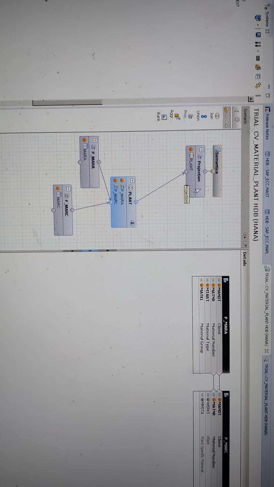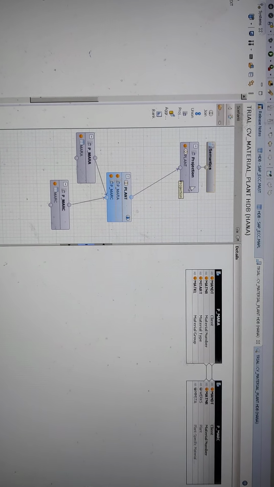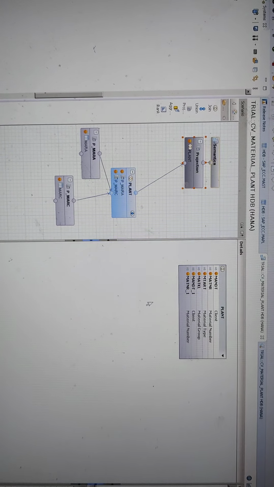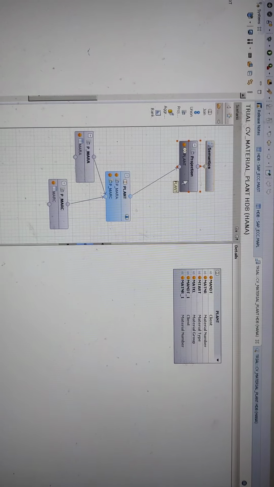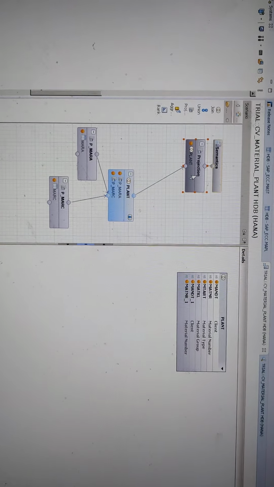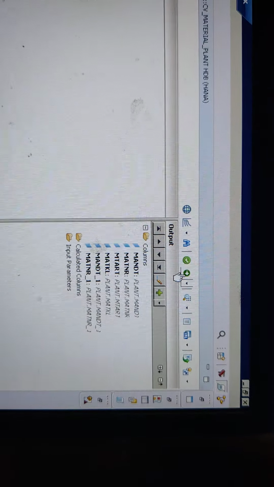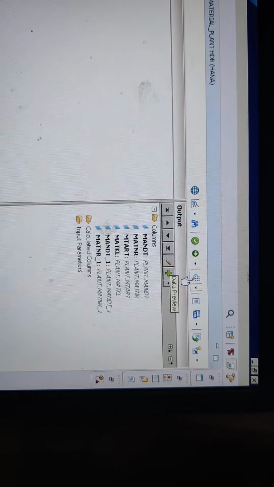Next, from here you need to drag this to here. Then you will get a yellow color, so you just need to right click and there will be an add to all outputs option. Here you need to select add all outputs. Once you are done with it, then you need to click save and activate. This arrow mark is there, right? This is the save and activate.